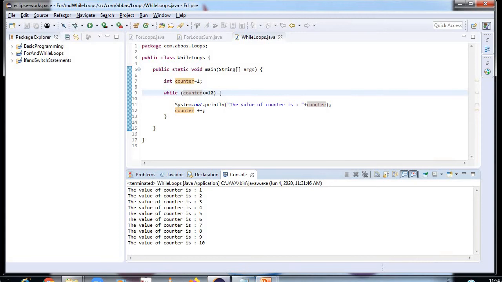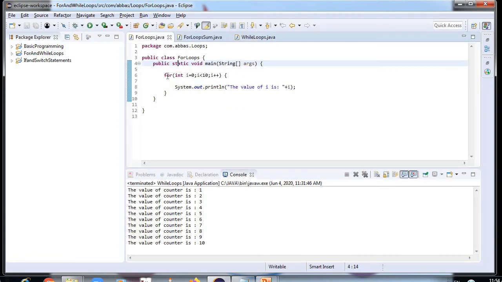What we have just discussed, we can now see in the form of a program. This is a for loop. In that, for, then initialization, condition and updation through the increment and decrement operator. I have created a primitive data type int, and the variable is i, in which the value stored is 0. Now it will check i is less than 10, 0 is less than 10, answer is yes. Then the value of i has become 1, 1 is less than 10, yes, so the 1 will be printed.